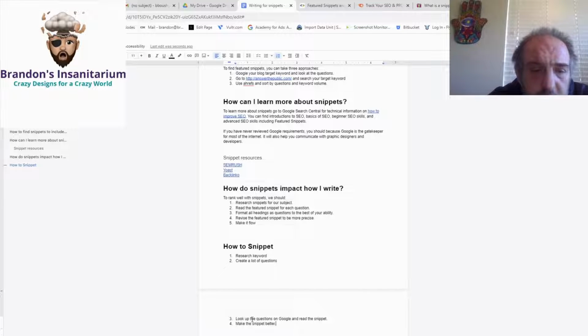So there are a few ways to make a snippet better. You can either shorten it, because a lot of times there's a bunch of extra words that don't need to be in there. Just get rid of them. You can lengthen it if the snippet is inaccurate or does not provide information. You can fix that, and it will make it way better. But you're going to need more. So the 5th step is